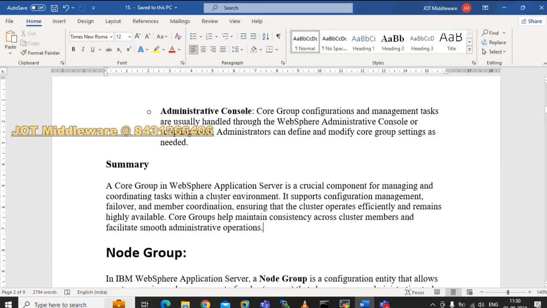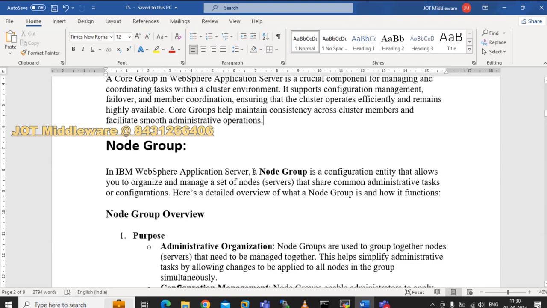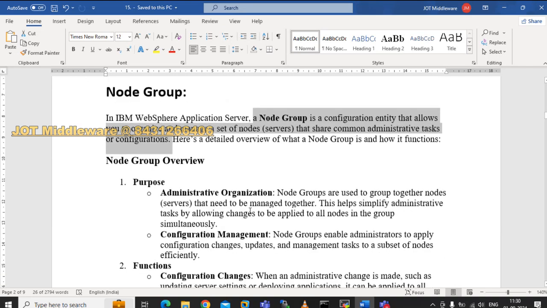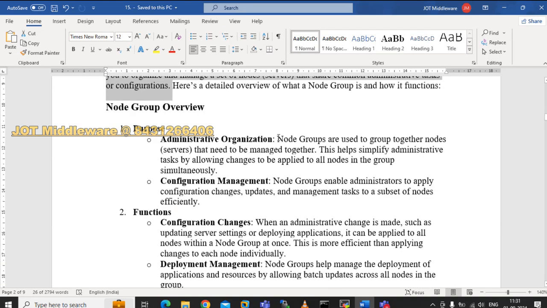And what is a node group? In IBM WebSphere Application Server, a node group is a configuration entity that allows you to organize and maintain a set of nodes and their servers that share common administrative tasks or configurations. So below is its purpose. The main purpose of a node group is to group together nodes that need to be managed together. This helps in simplifying administrative tasks by allowing changes to be applied to all the nodes in the group